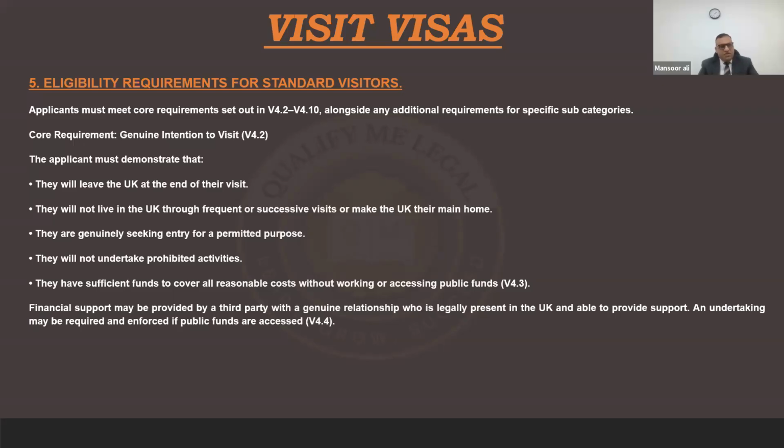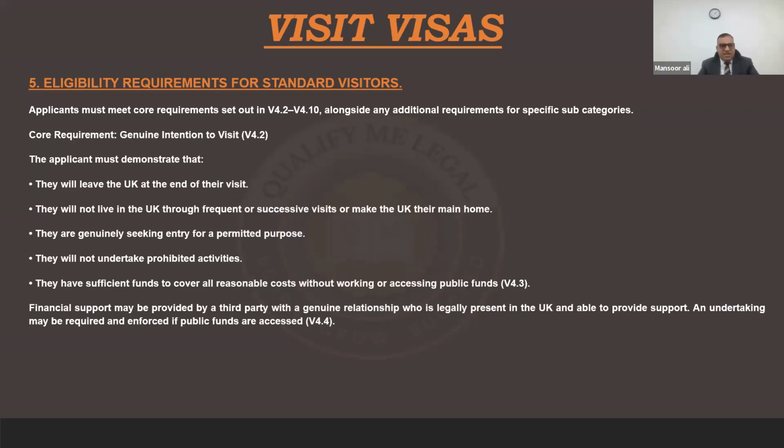So you need to satisfy the Home Office about intention. Apart from the intention, you need to satisfy the Home Office that you have ties back to your home country. The ties can be divided into two criteria. Your blood ties, for instance, you have your family, your parents, your mother, father, your childhood friends back in your home country. This is how you can establish your ties.